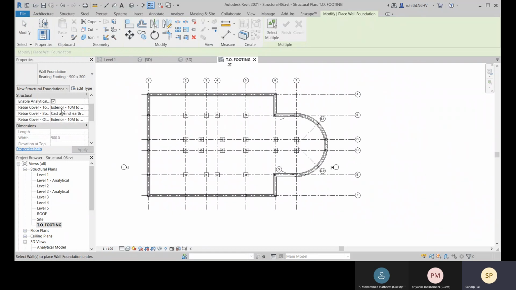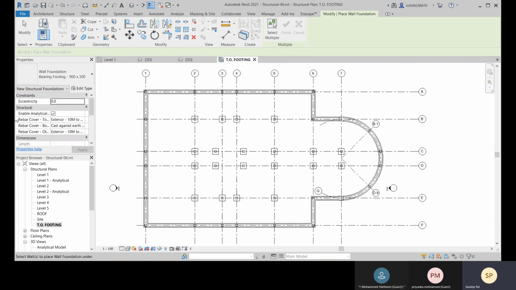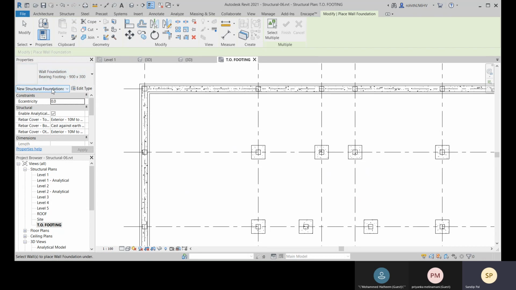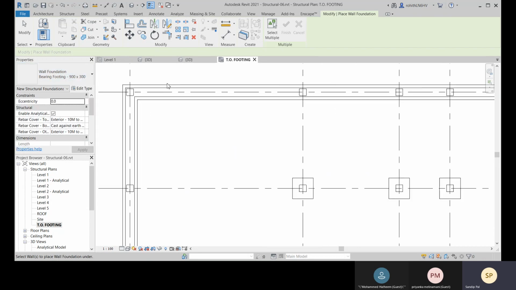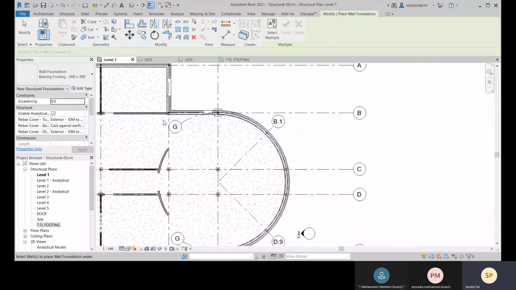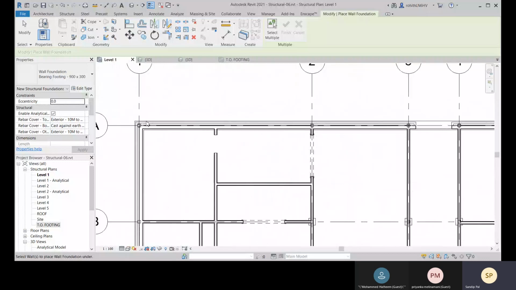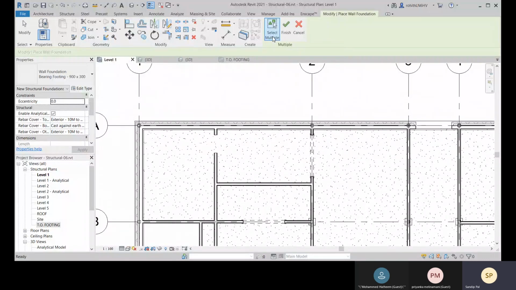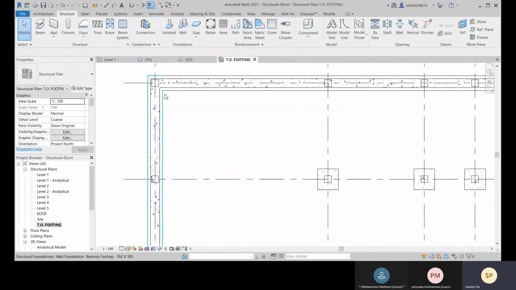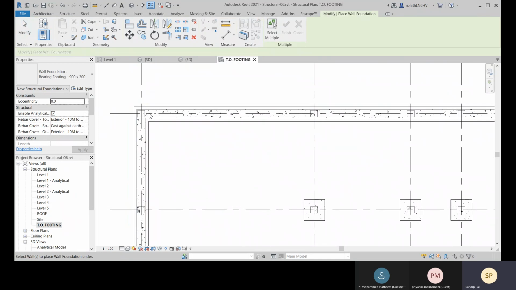So here you can see, right, go for this wall.